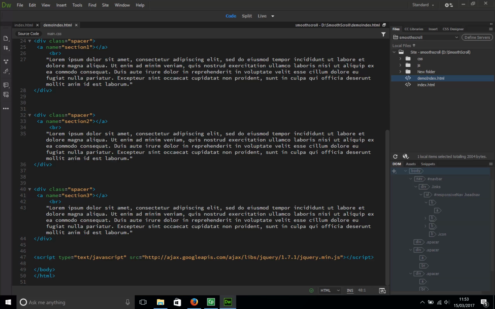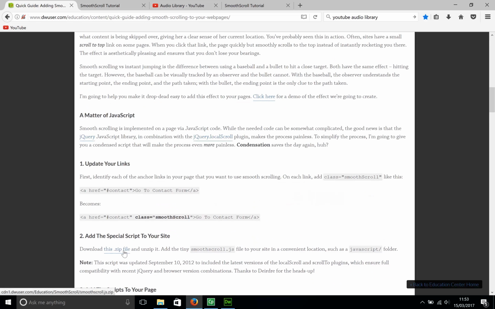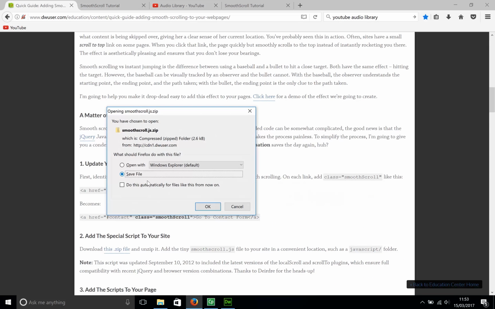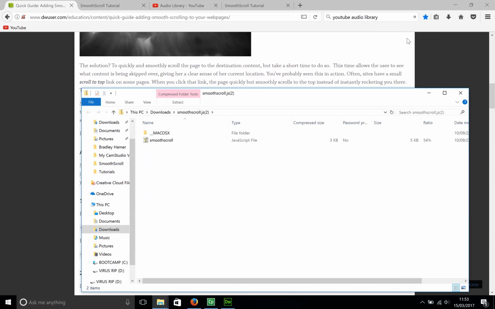Control S and save it, or Command S depending if you're on OS X. And that's the jQuery placed in. So if we go back to the web page, we need to download the zip file. So click on the link just here, save file, OK, head to downloads, open it up, and it's this file here we need, the JavaScript file. So if you right click it,